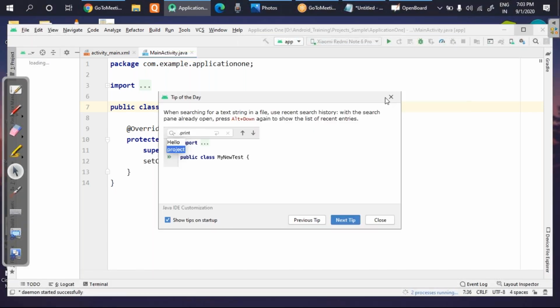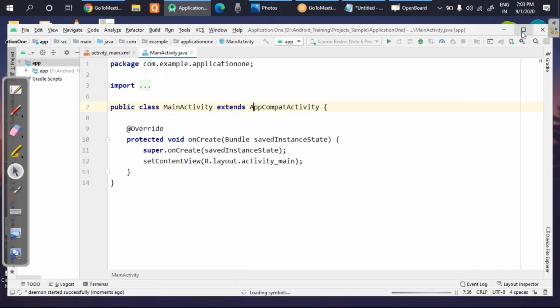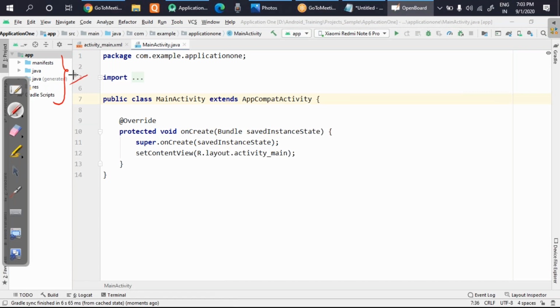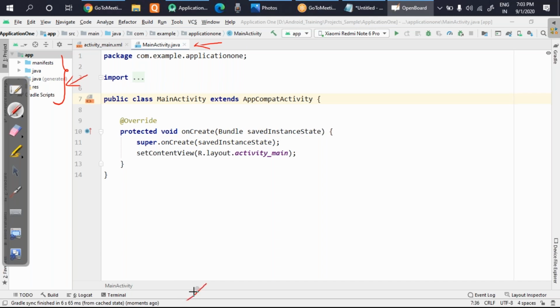Okay. So as you can see here, as I told you, as soon as Android Studio is installed properly and you try to open it, you will get this kind of look and feel. You will get all the files and folders visible to you, all the locations visible here. And in the status box, you will see that Gradle has finished. Okay, this is the important point. The Gradle sync has finished.